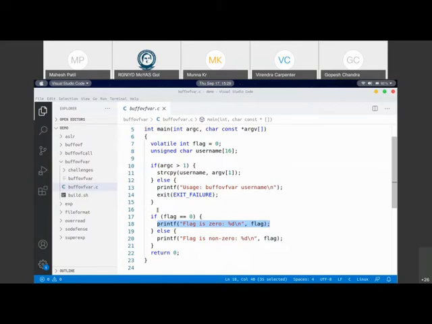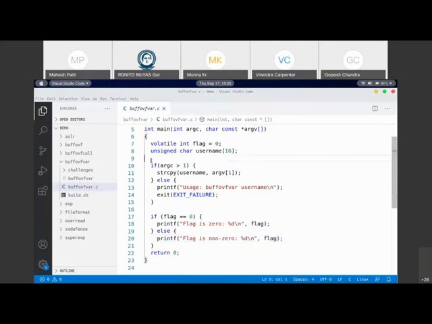Why? Because in the lines before this, there is nowhere we have accessed the flag variable. Only once we have initialized it globally, and after the initialization, we are just checking whether it is 0 or not. And it looks like this else statement will never be executed, right?